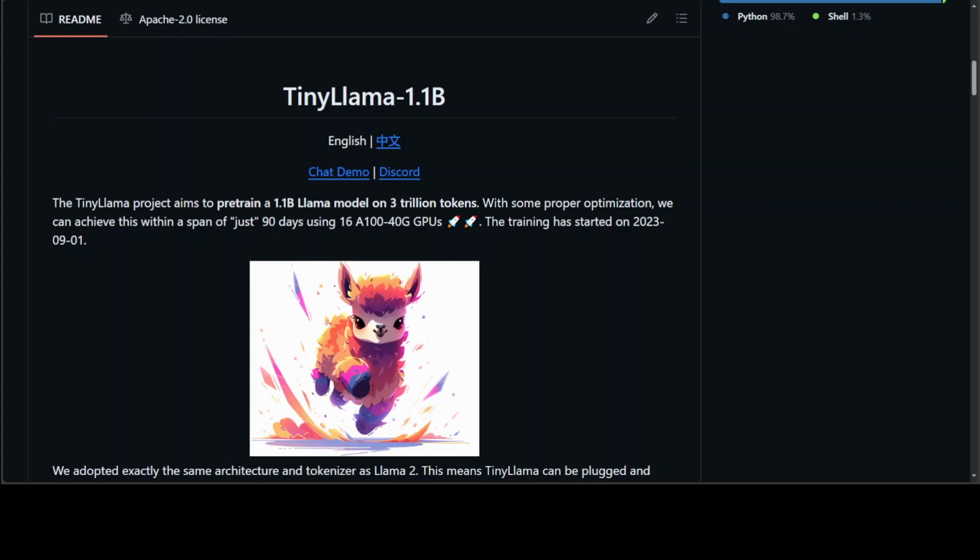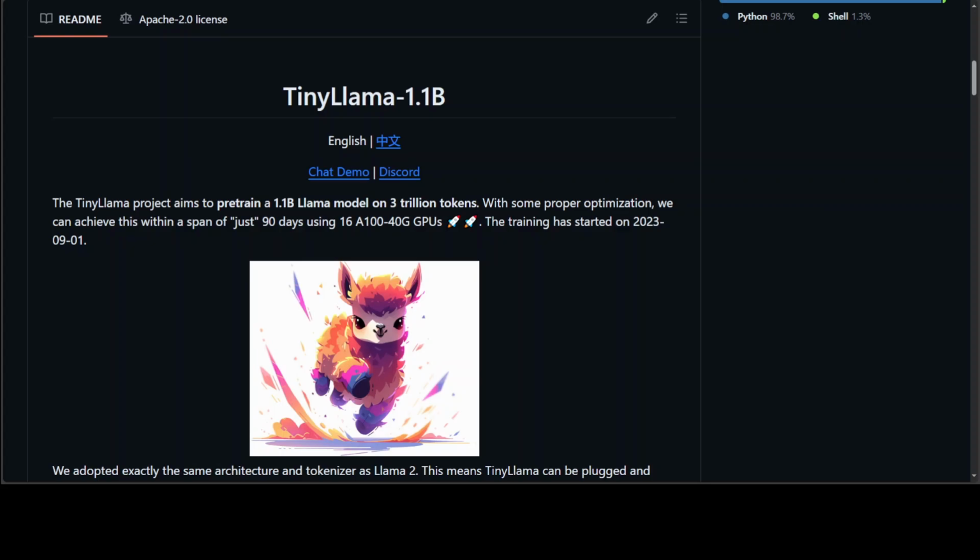Over the last few days, I have been doing a lot of videos on TinyLlama. I have done fine tuning of TinyLlama, how to install it locally on Linux and Windows, and how you can do retrieval augmented generation with TinyLlama. So far, I have found out that provided just the 1.1 billion size of this model, the performance is simply